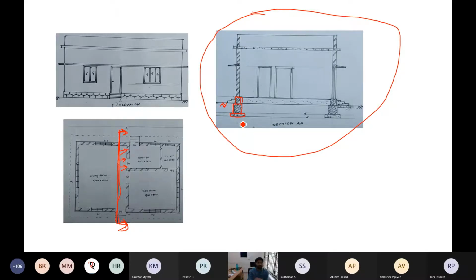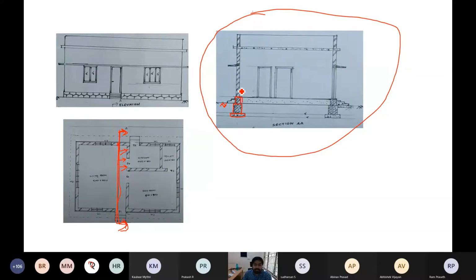First footing will come. Depending on the nature of the building, a second footing may come, and a third footing may come. Above that footing, above the ground level, the plinth wall will come. Above the plinth wall, your wall will come. This is your wall. So imagine if you are cutting here, what you will see is the plinth wall, footing, and cement concrete foundation.